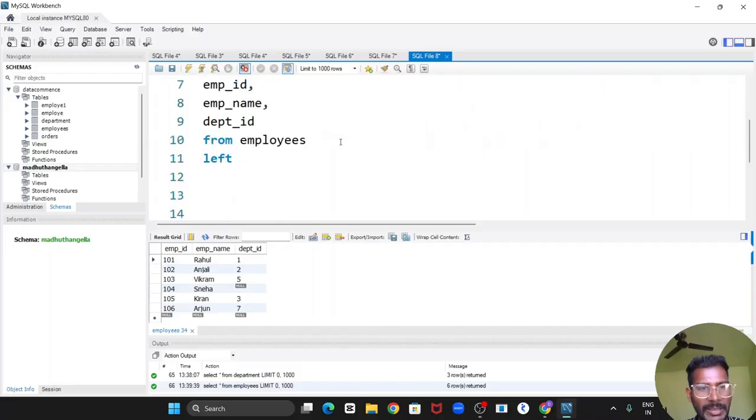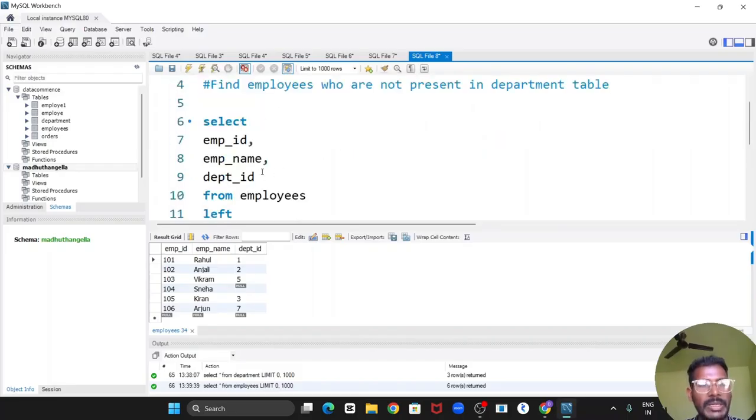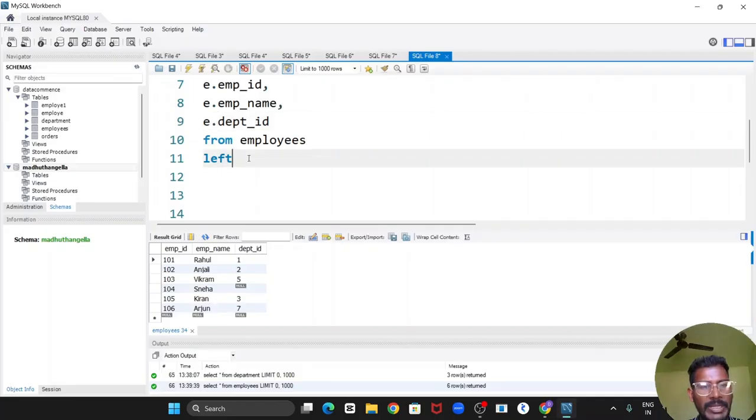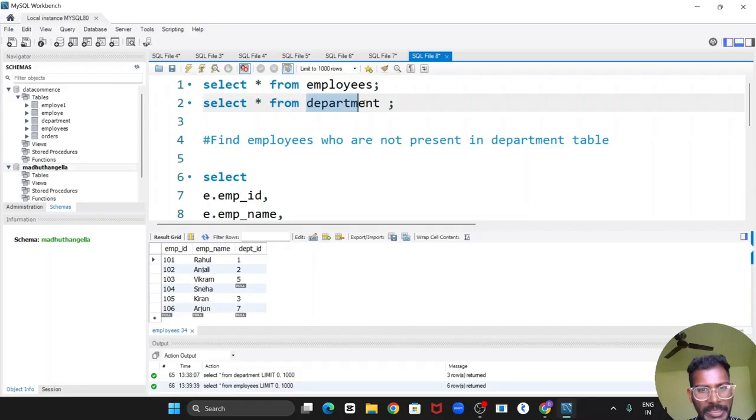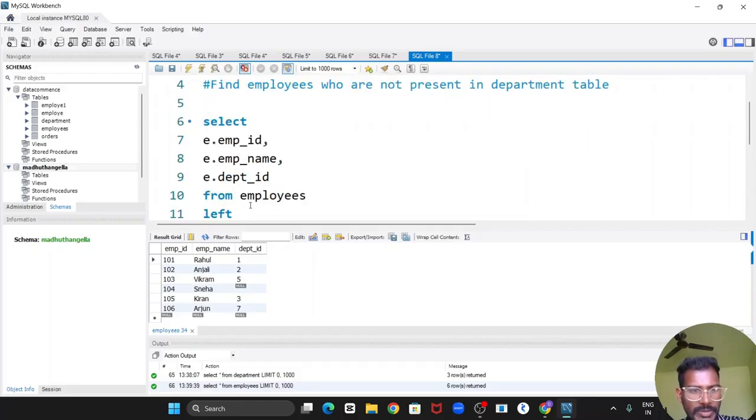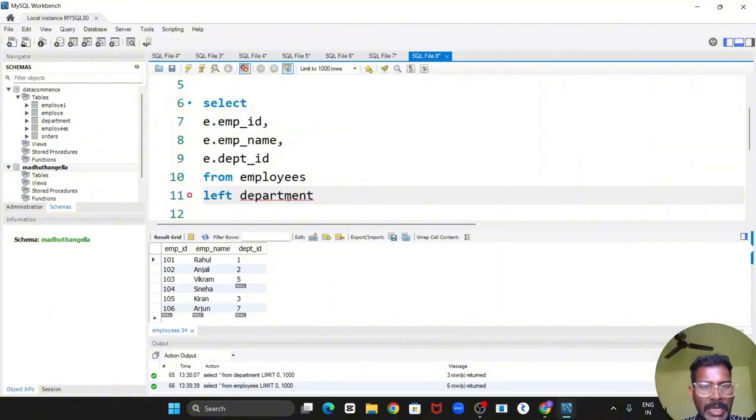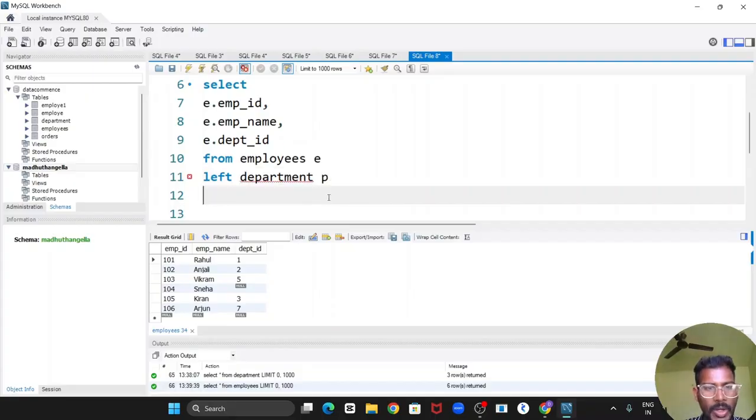Now from the employee table I'm going to use all the columns, so I'm going to give it a short name: e dot employee id, e dot employee name, e dot department id. From the employee table, with what join am I doing? Left join, with what table? The department table. So let me copy paste, Ctrl C, Ctrl V, and I'm going to give the short form E for employee and the short form D for department. On top of this,